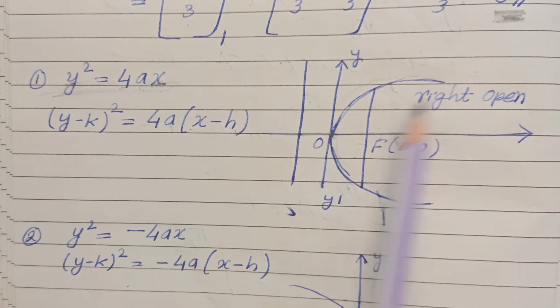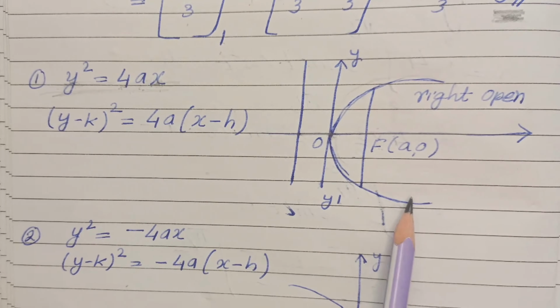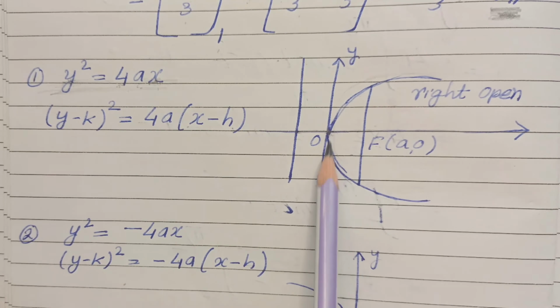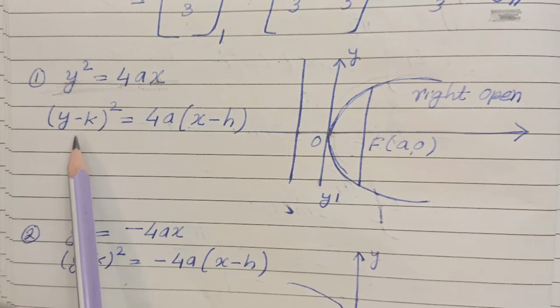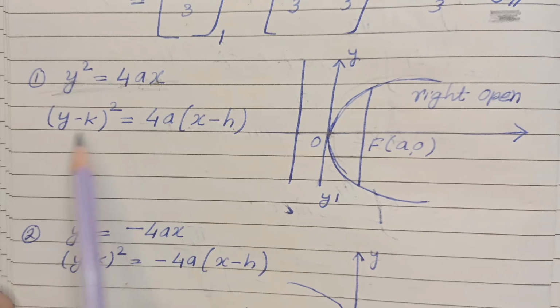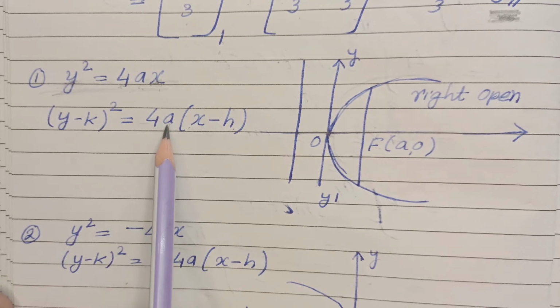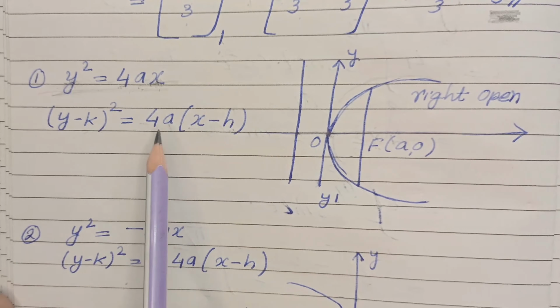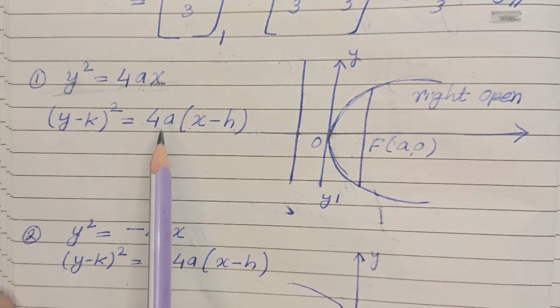And when we talk about the curve that's coming like this, why is it coming like this? Because this area is only positive x and this area is all negative x. So it is only in positive x. That's what we understand from this graph. And we know, by using some formula, we can say (y minus k) whole square is equal to 4a(x minus h). This would be the formula for the above equation, because here both sides are positive for this area. And then let's go with another graph. Let's try to learn how we get another graph.